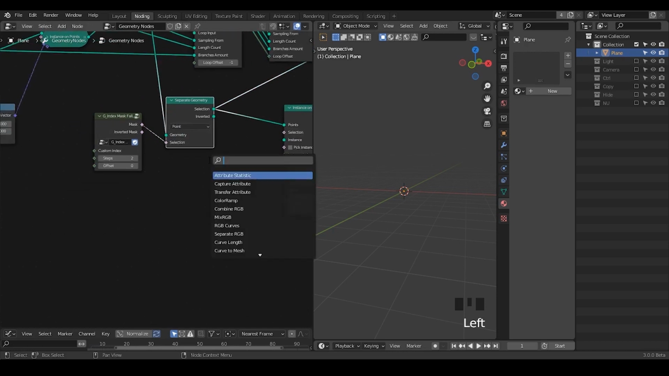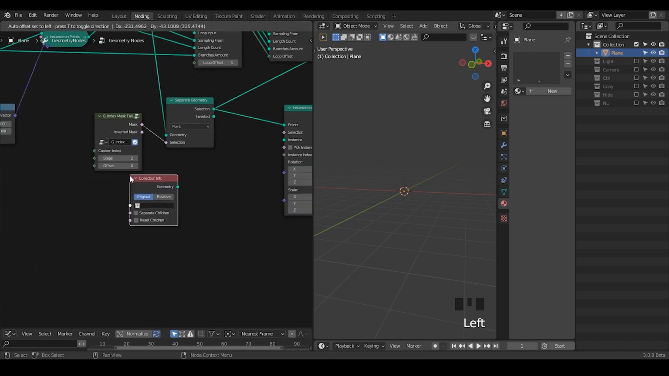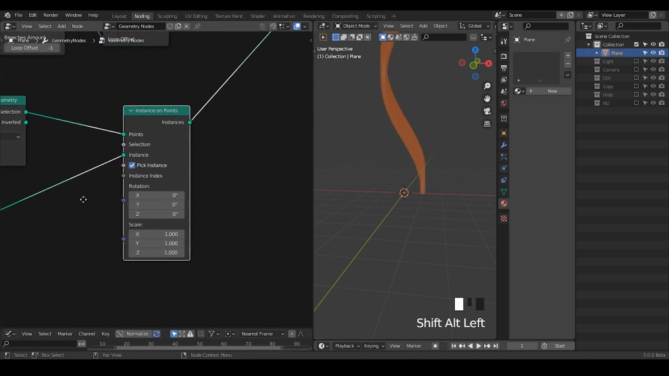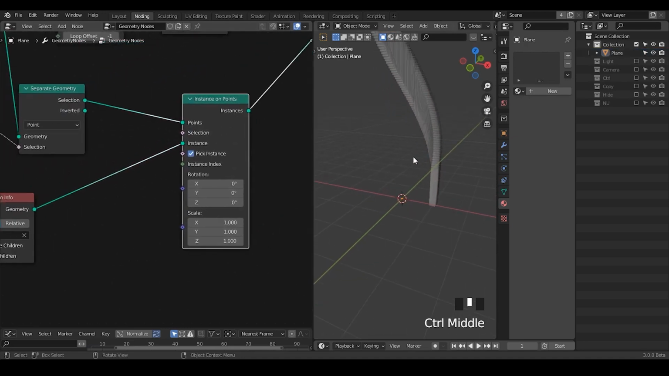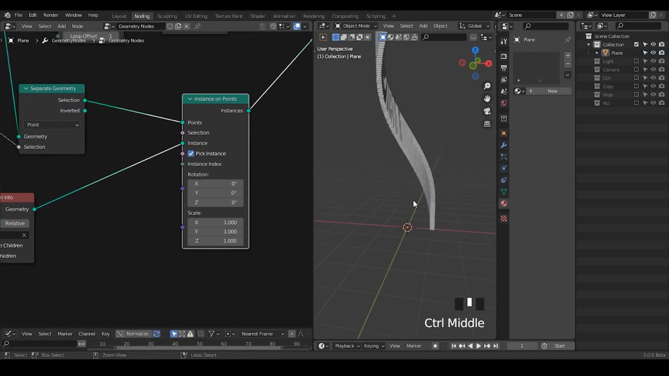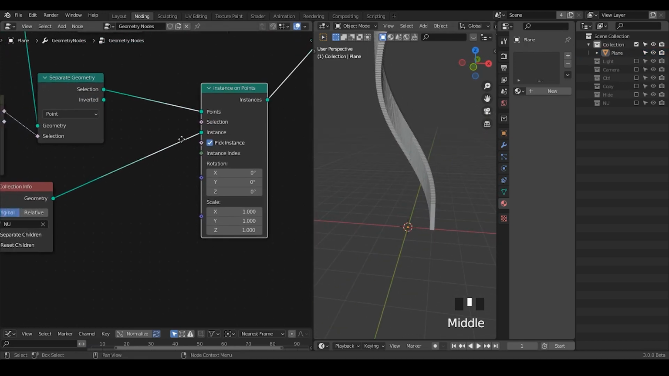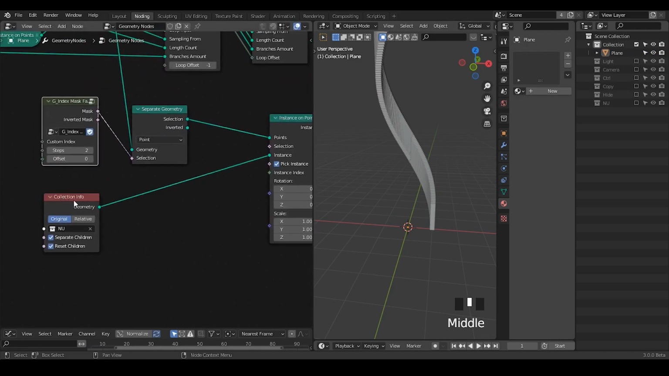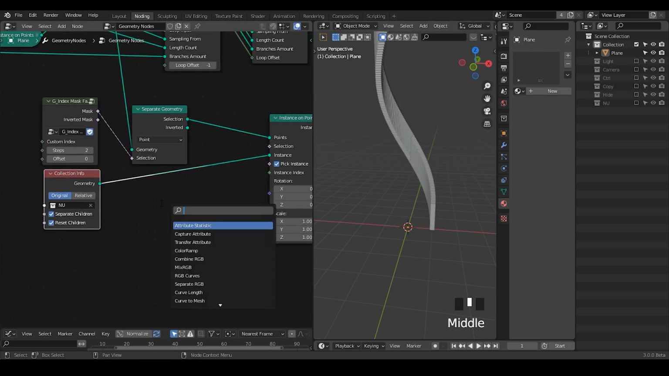Then I'm going to take a collection info from our nucleotide. Actually, this is a base pair. Anyway, I'm going to enable separate children, reset children, take that to instance, pick instance, select the object. So now this is what we are looking at. We need to deal with the orientation of them, so here what I'm going to do is take the position